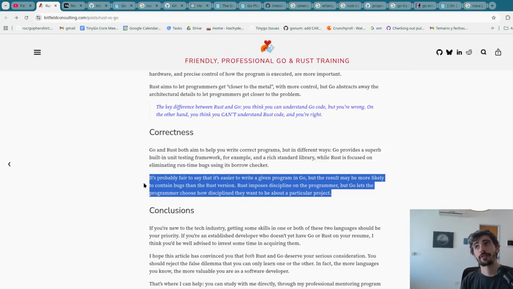Yes and no, I'd say, because if the programmer is a very respectful and devout Rustacean, yes, they will write fewer bugs. Maybe. Who's measured this? I don't know. But the truth is, Rust is hard for some people, and some people choose shortcuts.